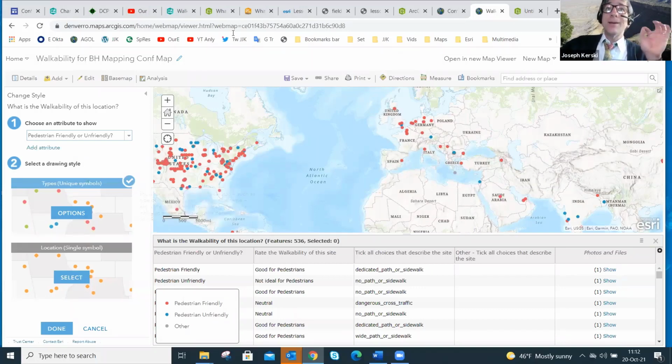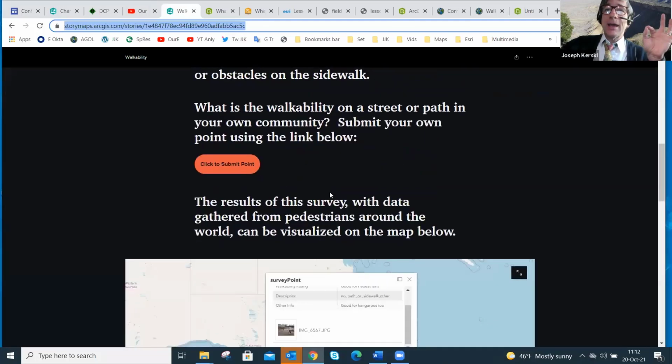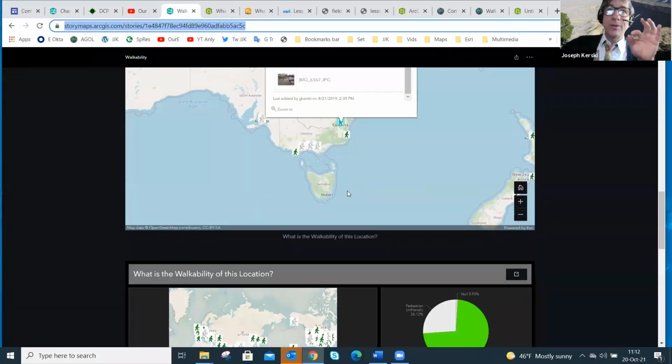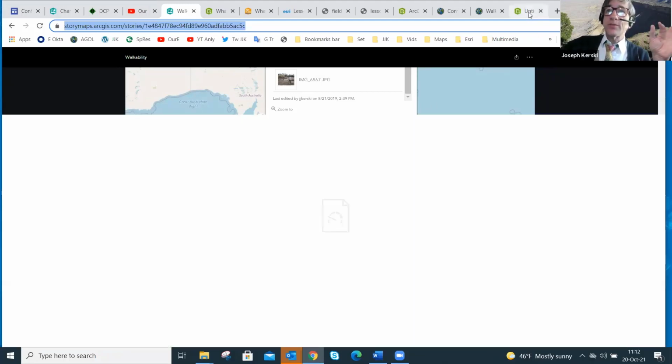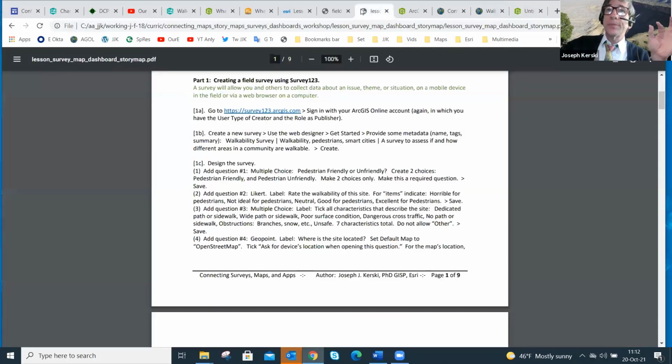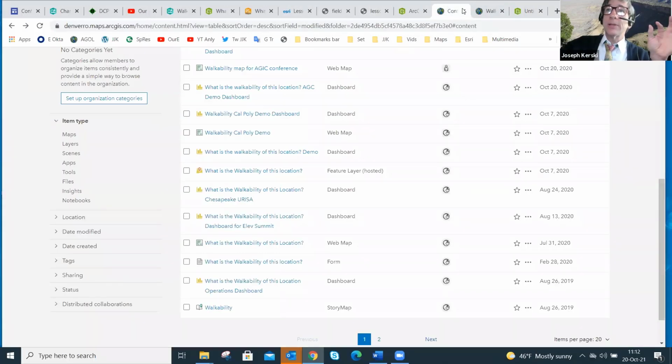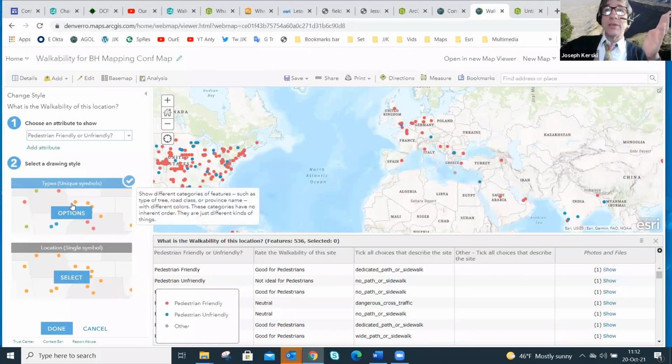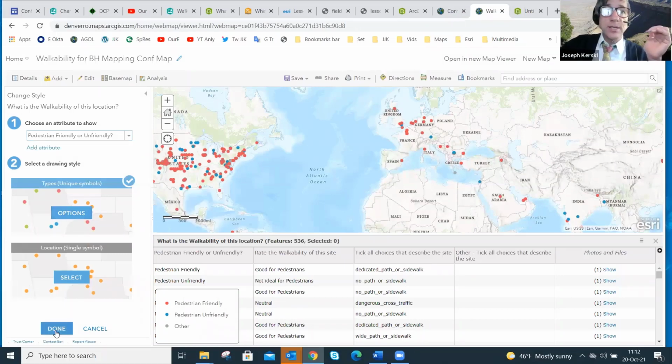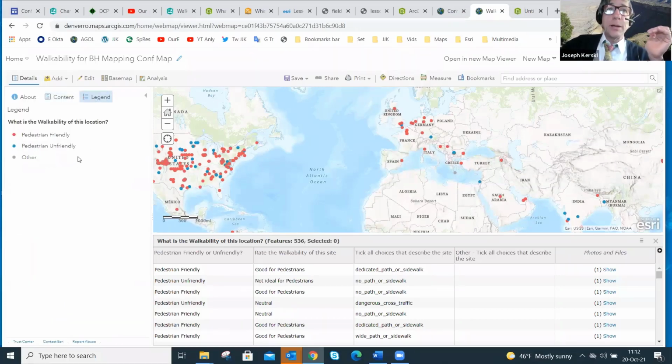You saw in my actual one that I published, I have a little pedestrian symbol there. So I've customized it. I've made a little GIF or a PNG of my pedestrian symbol that's green for walkable, and hollow for not walkable. But in the interest of time, I'm just going to say I am good with the default colors here, which, as you can see, may not be all that intuitive, but okay, I've got those two things. Great.